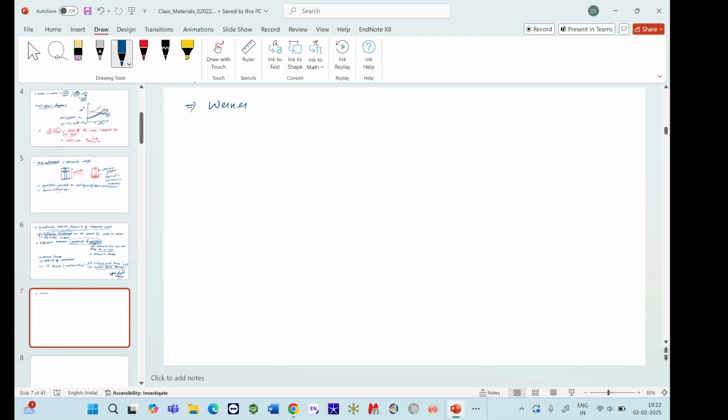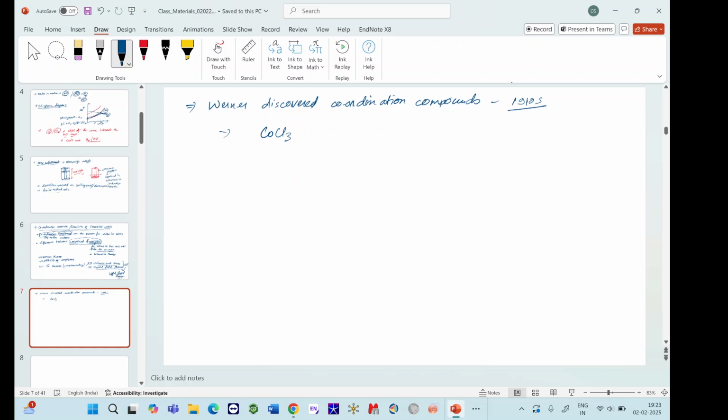Werner discovered this coordination somewhere around the 1910s. Okay, that is more than 100 years from today. So at that time no facility was available. You don't have any characterization facility to know. You don't have any single crystal. All of this modern characterization facility you don't have at that time. So what he observed is